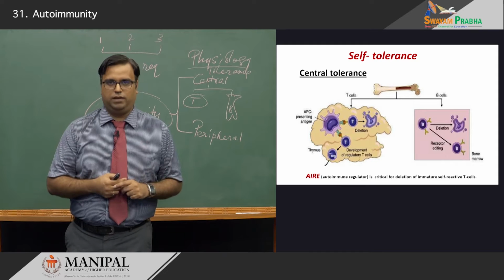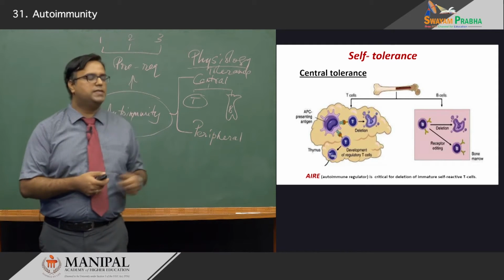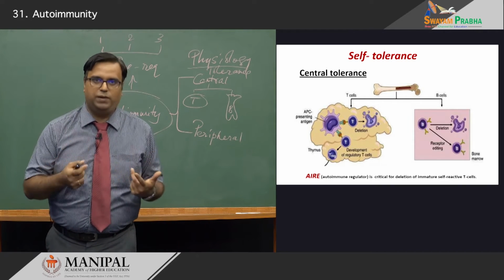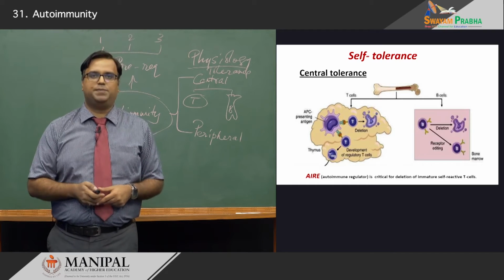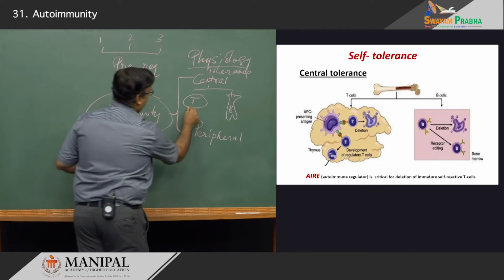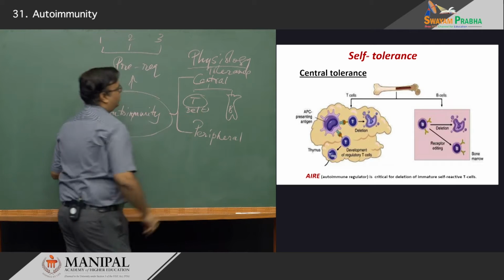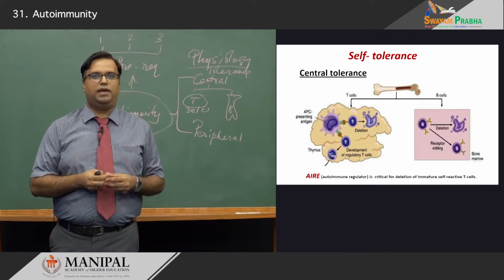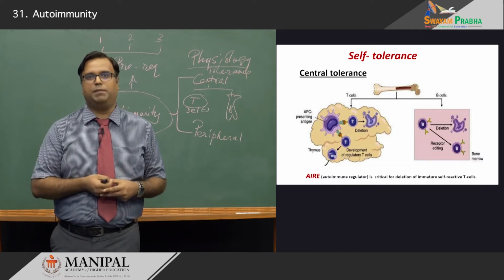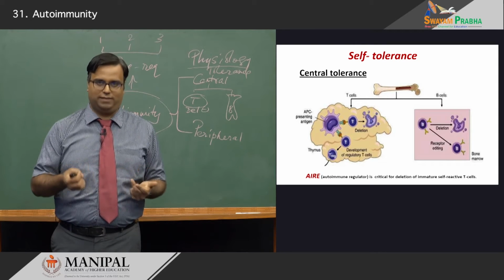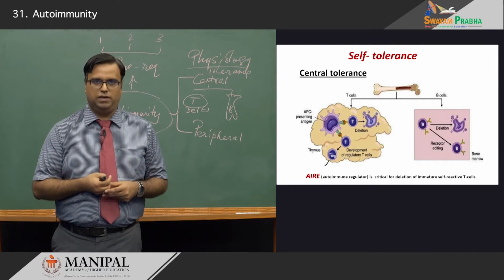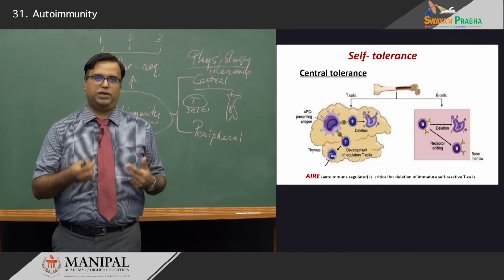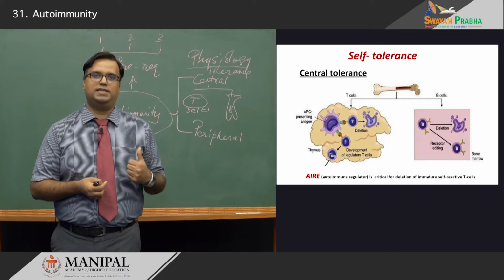Now, this doesn't happen. During the course of development, these lymphocytes in your thymus are trained to become inert or neutral. Now, how does that happen? Number one, an important aspect is called deletion. Deletion is an important mechanism where once these lymphocytes encounter the antigen, they are neutered or rendered inactive by means of apoptosis or programmed cell death. So, no longer will the cell be able to function or thrive. This is an important mechanism to reduce this population of cells which may be potentially self-reactive. That is how your cells are getting trained.